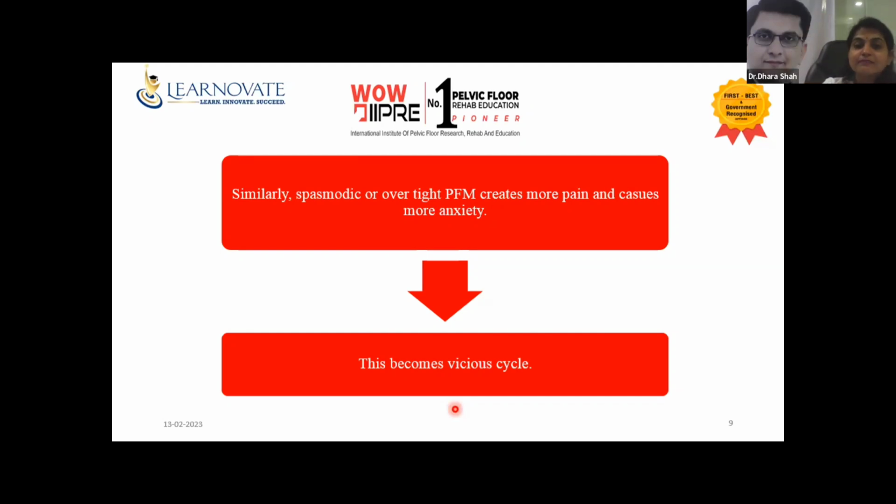Now, this is the point which we need to intellectually understand, that when you are treating a case of vaginismus or dyspareunia, you are not just treating the muscle, you are treating the mind. You have to counsel the brain that it is just a muscle which is in spasm. We will do a rehab, your spasm will reduce, you will feel better, and you will have a penetration. So you have to work at two levels. You have to work on the muscles, as well as upon the brain or the